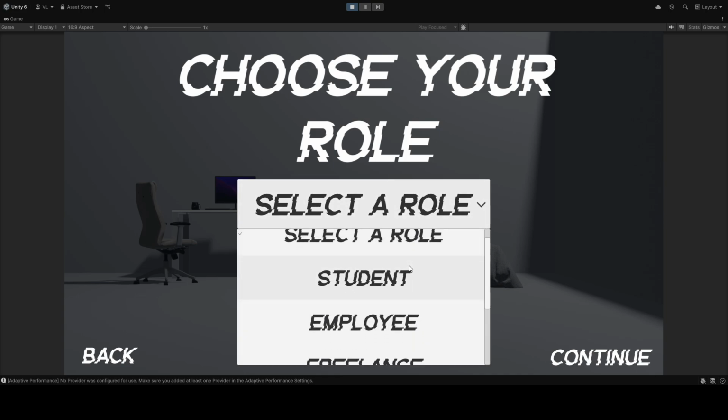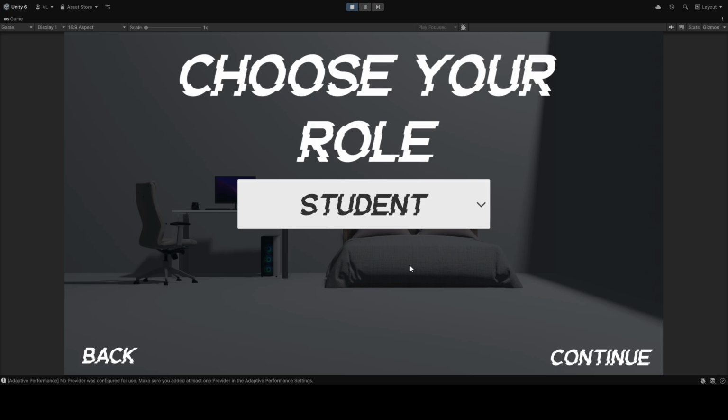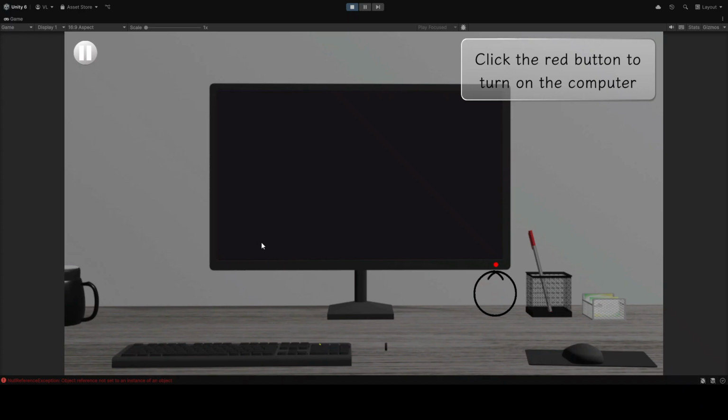Here, the player is prompted to select one of three roles: student, employee, or freelance. Each role offers a slightly different context in the scenarios to match the real-life digital habits of each user type. Once a role is selected and the player clicks the continue button, the game begins by presenting the player with